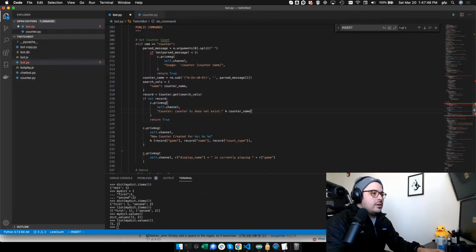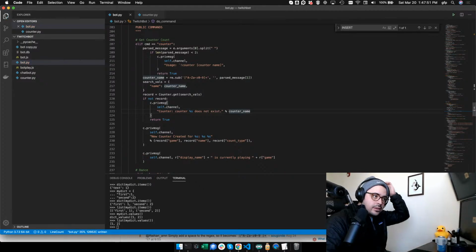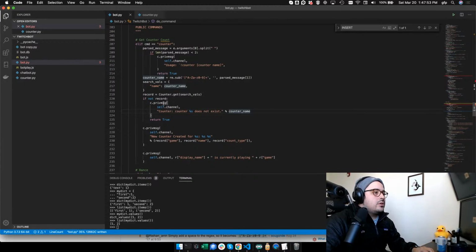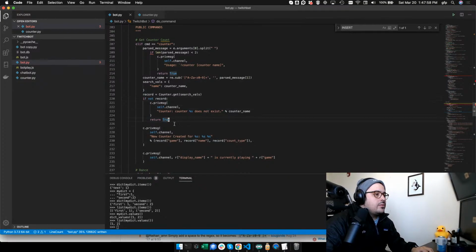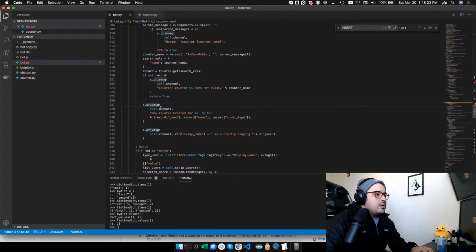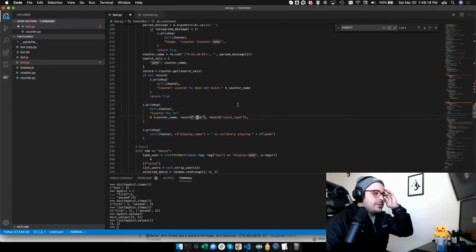Actually, we don't need to do that. All right, so record counter.get, if not record, then counter does not exist. And then here, for example, we're going to say counter, then counter name, and we're just going to do a %s here. And this %s is going to be